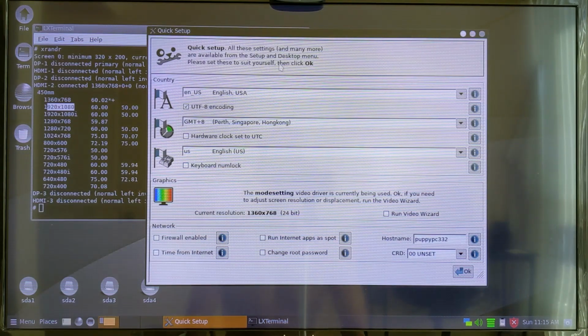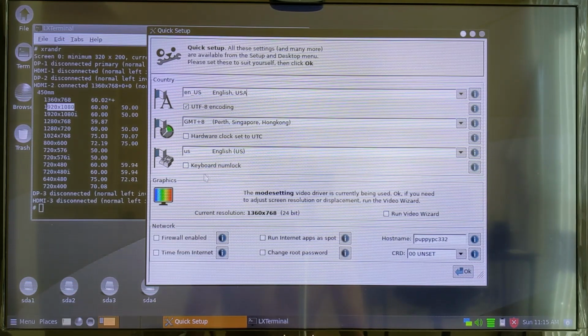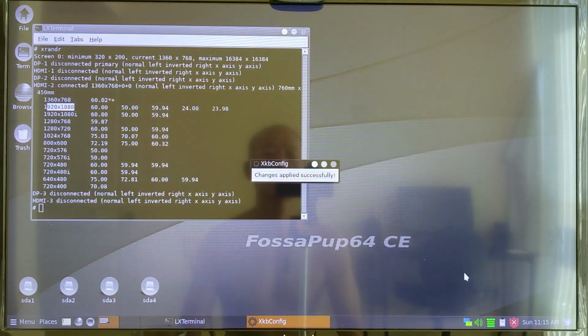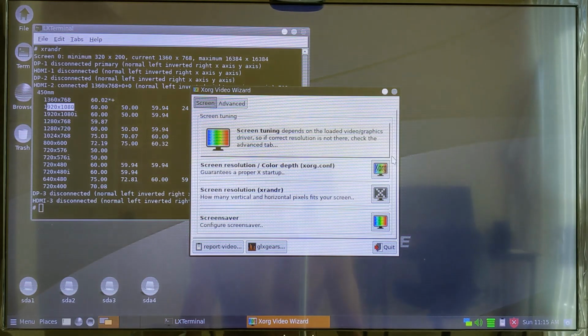So on the quick initial setup screen, you have this graphics. Since I don't want to go with the default recommendation of 1360 by 768, I want to run Video Wizard first. So I'll just go ahead and say OK, and then it gives me a new window,